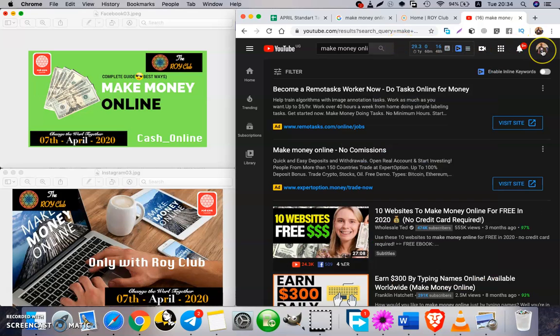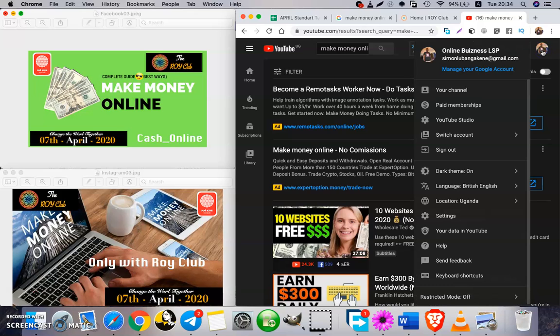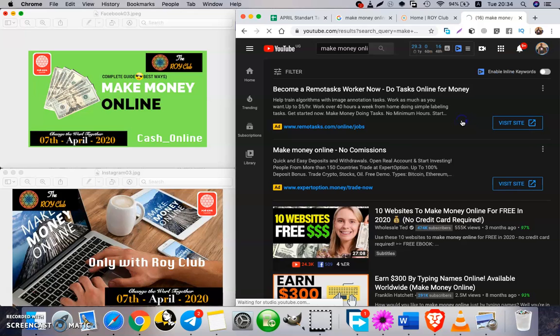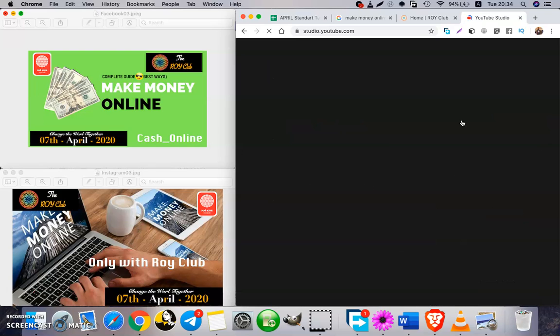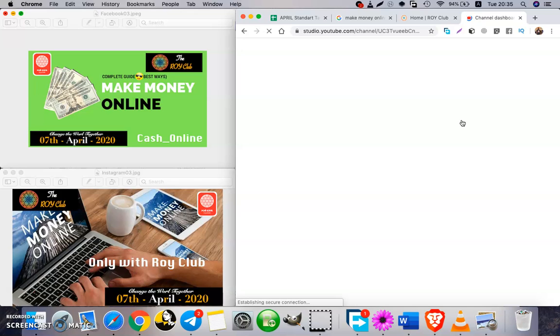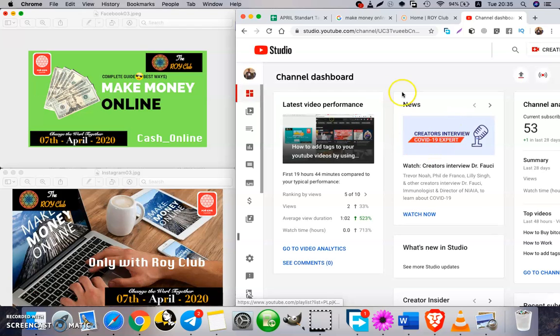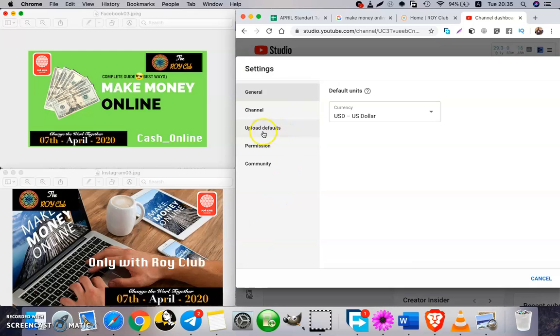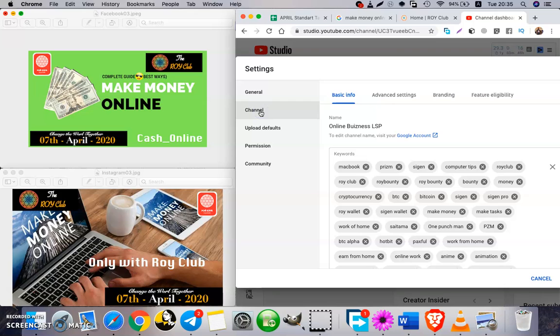What we're going to do is click on this icon right here, and then switch to YouTube Studio. Within the YouTube Studio, we can set different tags that can allow our channel to pop up on different searches that people make online. So we're going to click on settings right here. When the settings pop up, there is what we call the channel. This is where we're going to see,